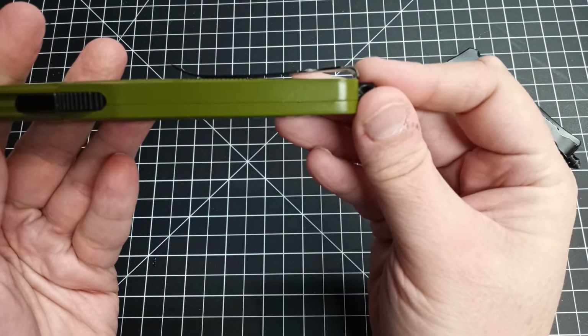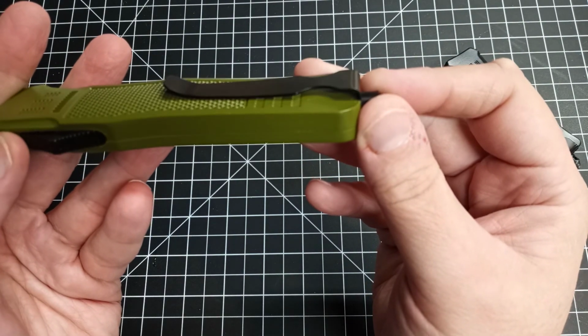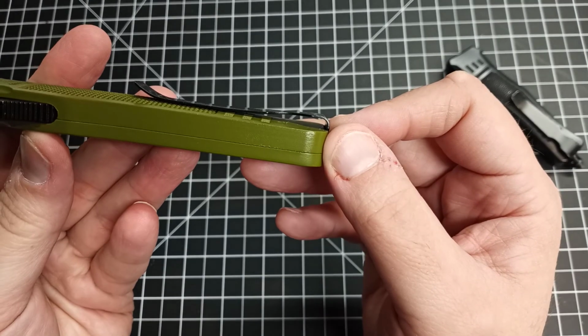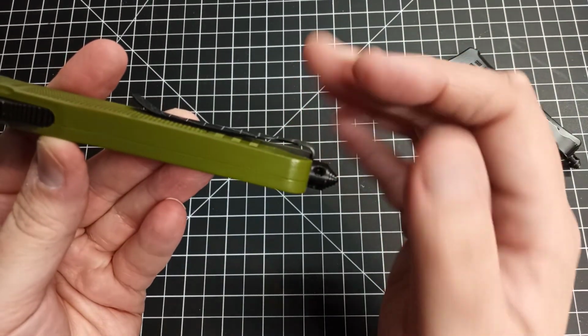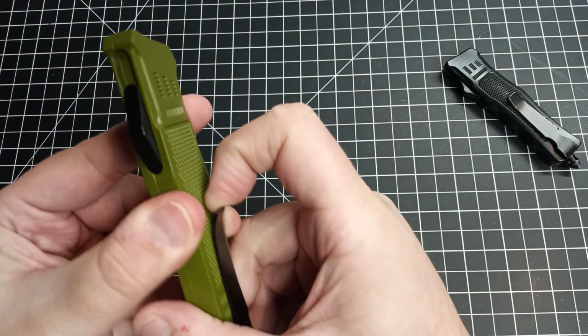I would say that of all my knives, the one that has the best clip, it's amazing, is the Boker Stubby Strike. Amazing clip. You have to put some effort in to unclip it from your pants pocket. That is not getting lost under any circumstances. But this one is a little